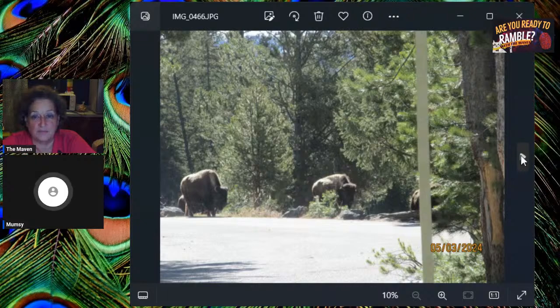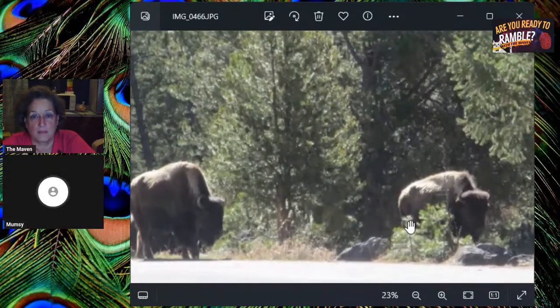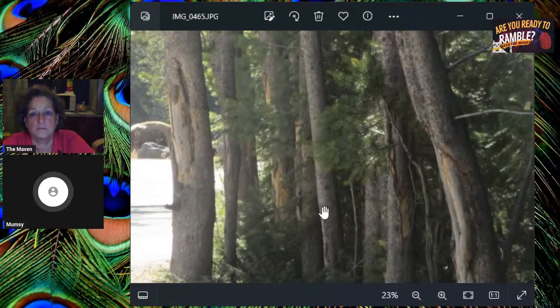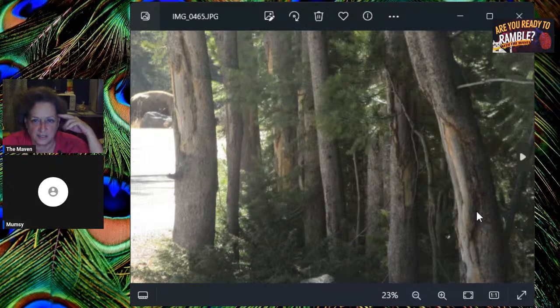Anyway, more bison. One thing that we noticed is that the trees are so close together. See how close they are? You see how the bark is missing here? That's what they scratch off their antlers. When the antlers are coming in, they have felt on them, and they have to scratch the felt off, like a thin furry thing, right, Andy? You know this? Yeah, he had a parachute. Okay. Thank you for clarifying that, Andy.